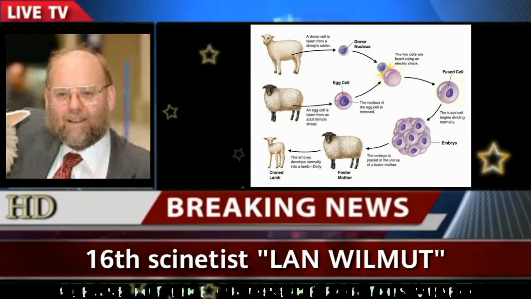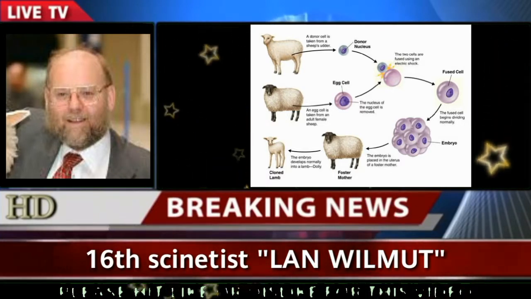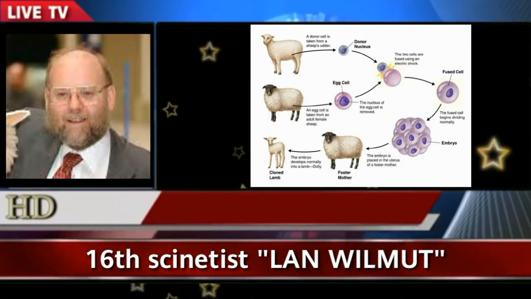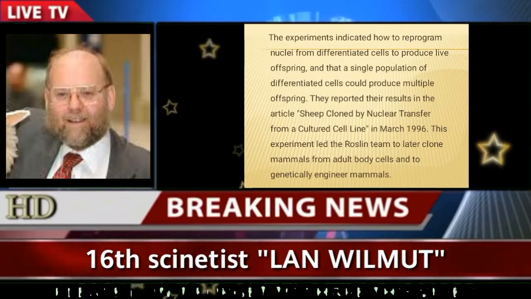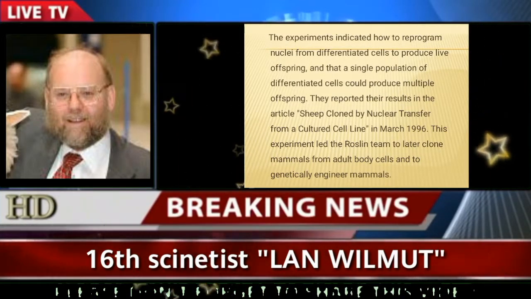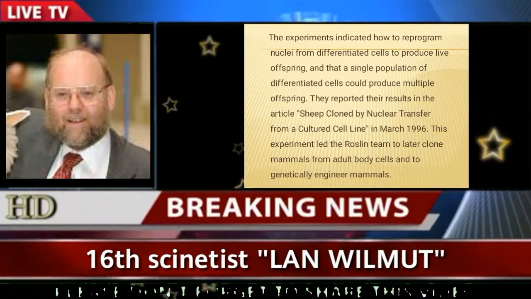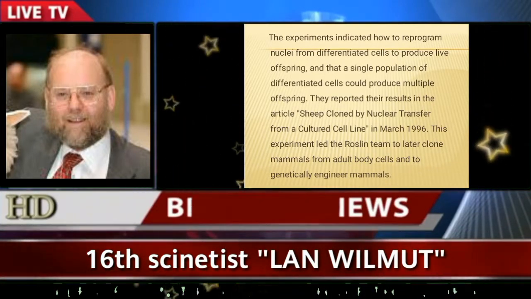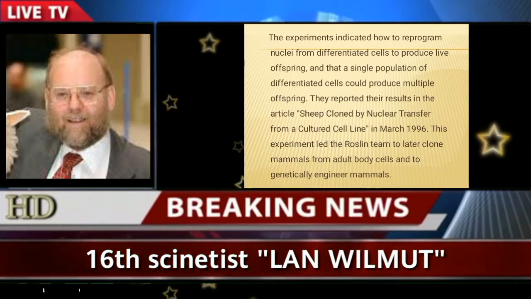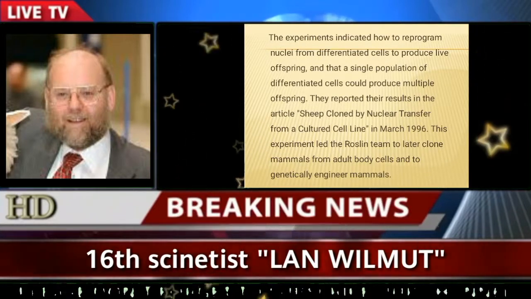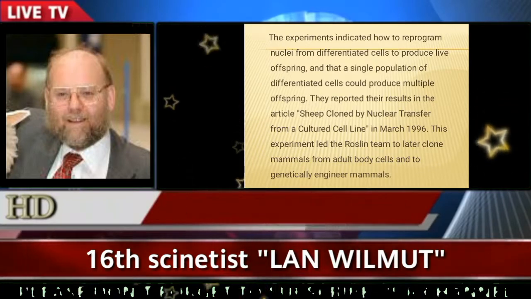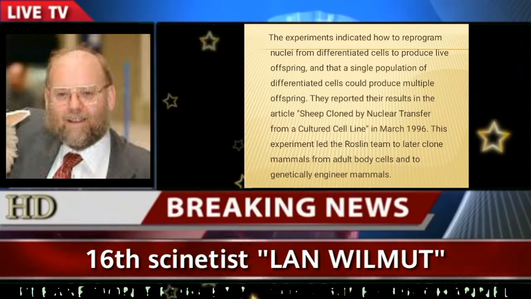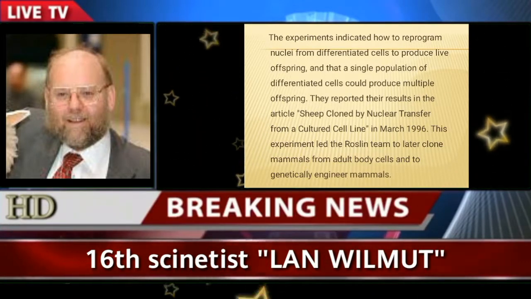Keith Campbell, Jim McWhir, William Ritchie, and Ian Wilmut cloned 2 sheep, Megan and Morag, using sheep embryo cells. The experiments indicated how to reprogram nuclei from differentiated cells to produce live offspring, and that a single population of differentiated cells could produce multiple offspring. They reported their results in the article, Sheep Cloned by Nuclear Transfer from a Cultured Cell Line, in March 1996. This experiment led the Roslin team to later clone mammals from adult body cells and to genetically engineer